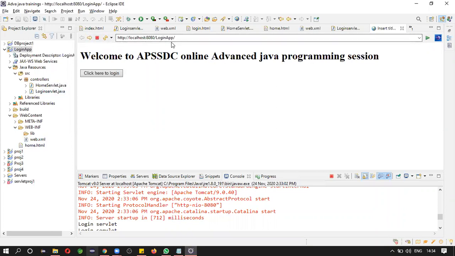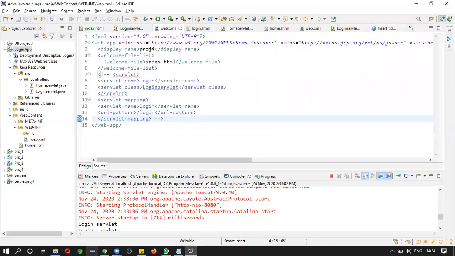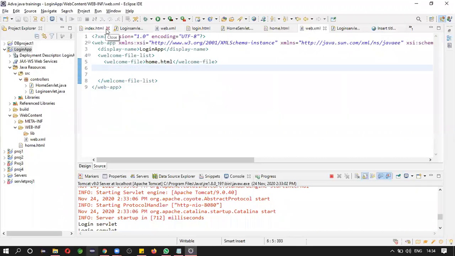Localhost 8080 login app. Whenever you enter this URL, first it will try to search for the welcome page. It will go to the web.xml.